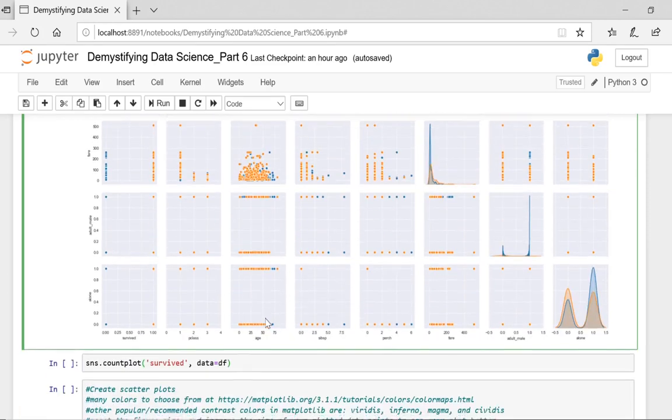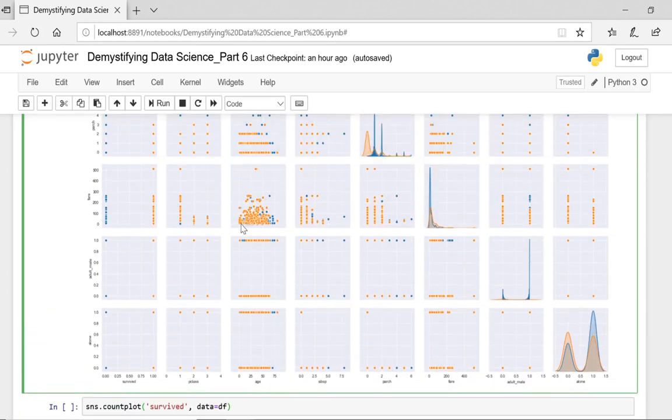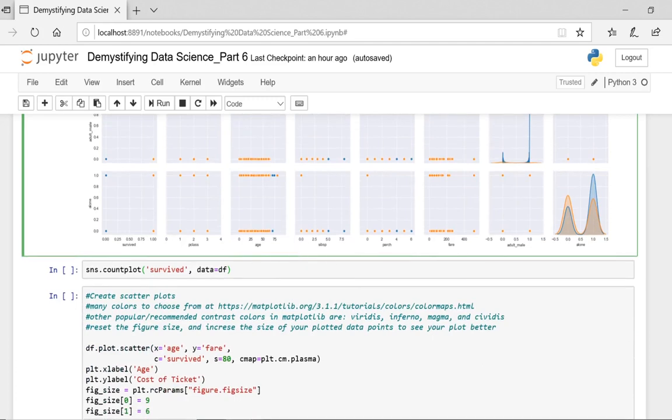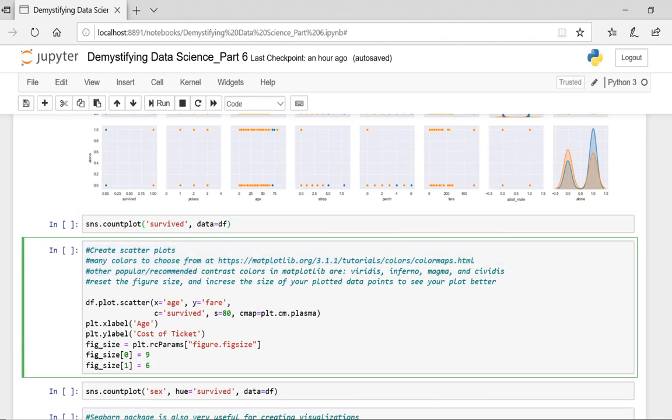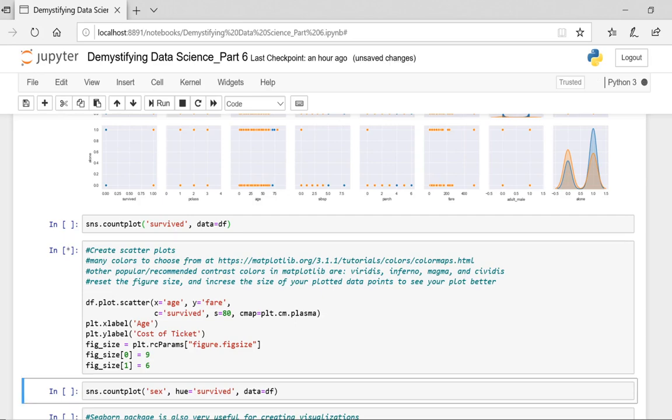This I think is interesting, the fare and the age. We already looked at our age in data.describe from 0 to 80, and then how much people paid for tickets. We can see here that the top fare is a little over $500 down to 0. Let's dive into that one. Creating scatter plots, and this link here is to Matplotlib's website, with different color mapping, and it's a lot. It talks more about their scatter plots, and it's a good resource for you to get more familiar with Matplotlib. Shift enter to run that,